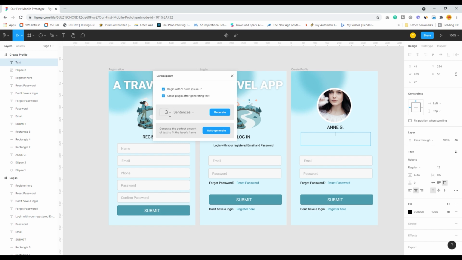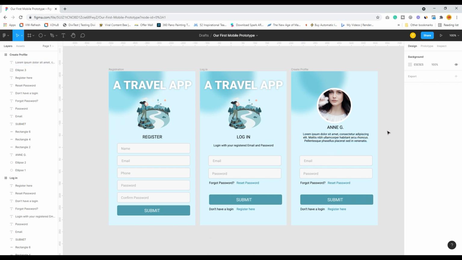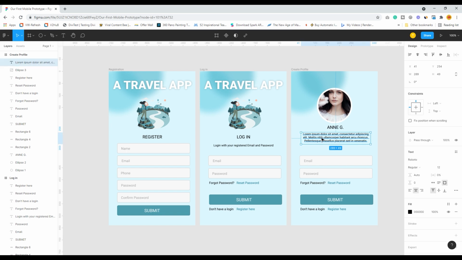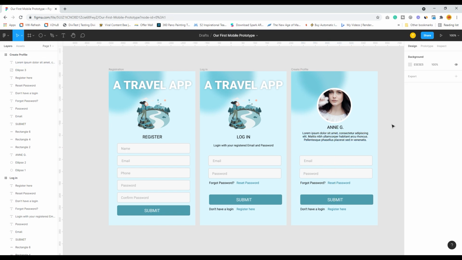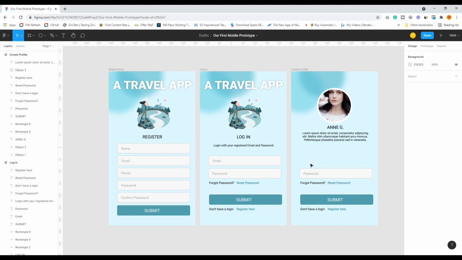I will just use these 3 sentences and generate. So this lorem ipsum dummy text is already brought inside the text space that I have. What are the other things that we need? I will just quickly delete those things.